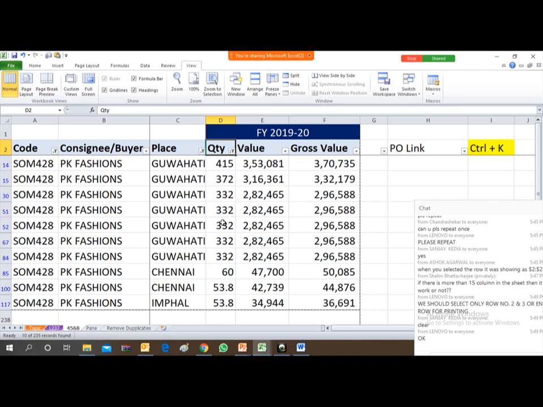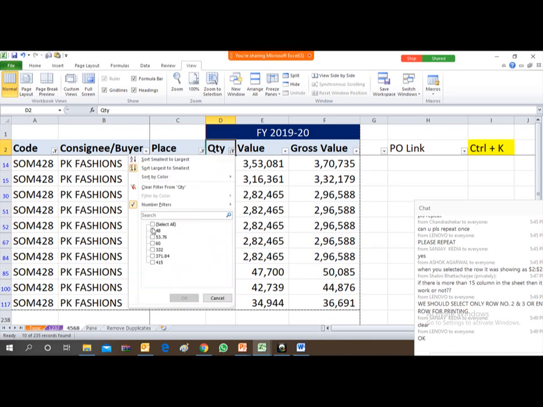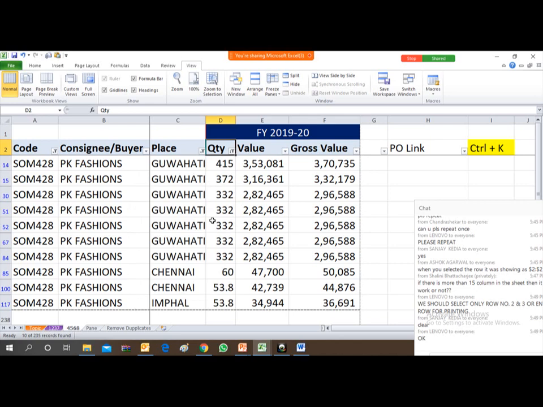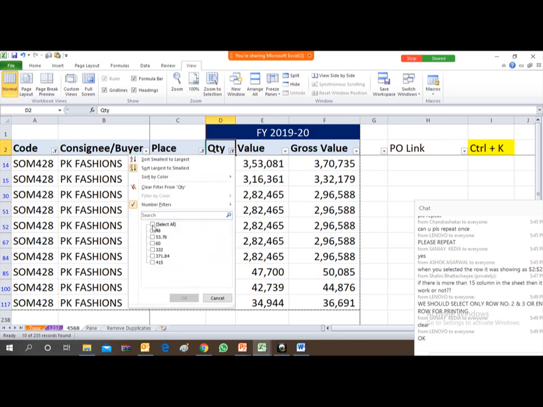So friends, now you want to clear the filter. You can save your time. There are two ways of clearing this filter. How can you do this? You can press Alt and drop down and select all.